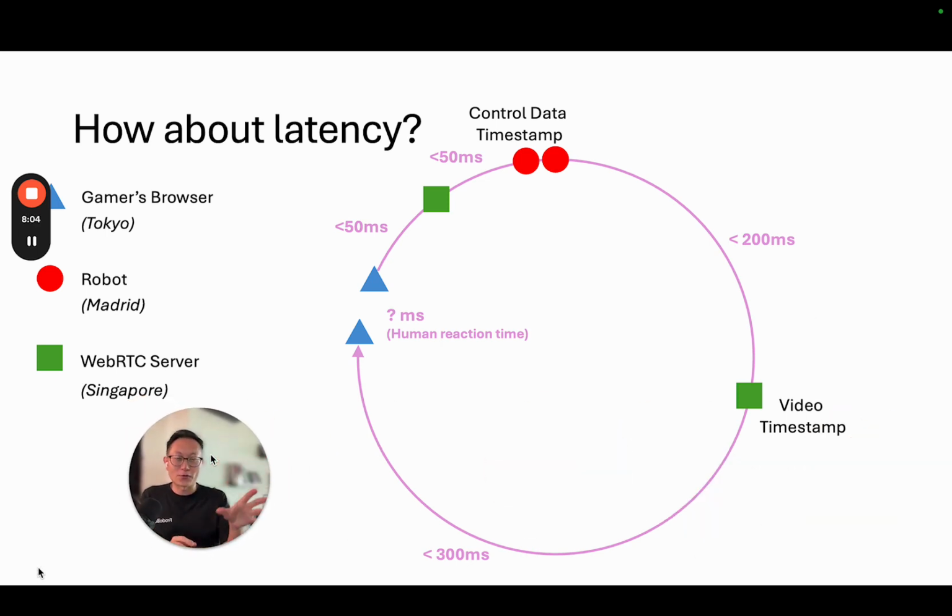Because if you look at this whole thing, there are actually 3 clocks here, right? There is the clock at the gamer's browser. There is the clock in, let's say, the WebRTC server, and then finally there's a clock in the physical robot, right? So right now, when we give you a timestamp for the human control data, actually that